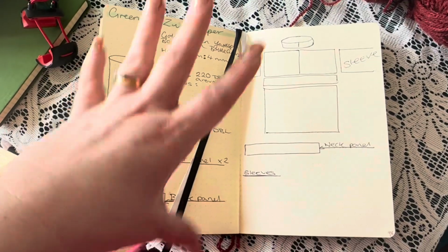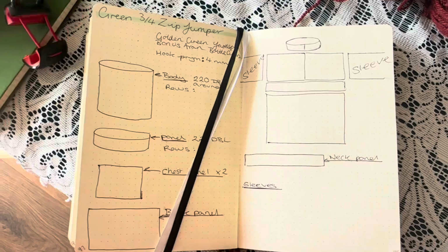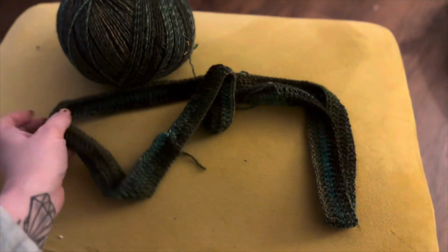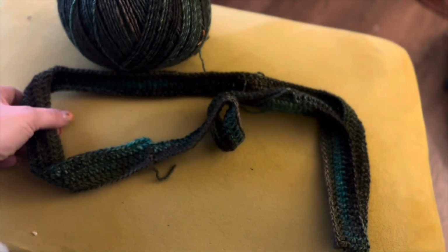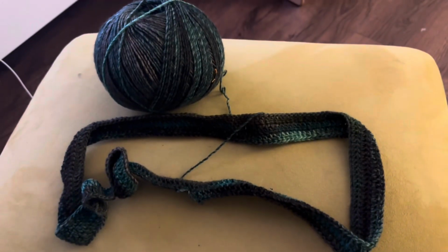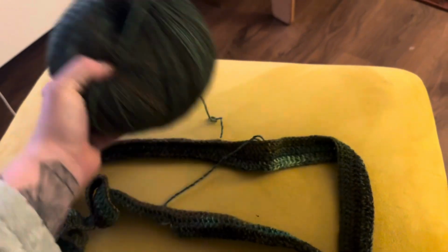Whether we will stick to this plan, who knows, but that is basically in my head. That is how I'm seeing it. So I have started making that body, that tube in the golden green, and I've just had a bit of a realization that when I add the bottle green, I think I'm just going to attach it straight onto the body rather than making the separate panels, because the more I look at it, I'm thinking, right, I've